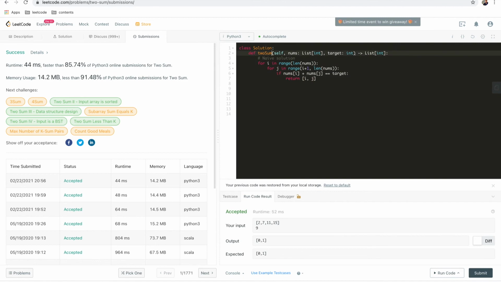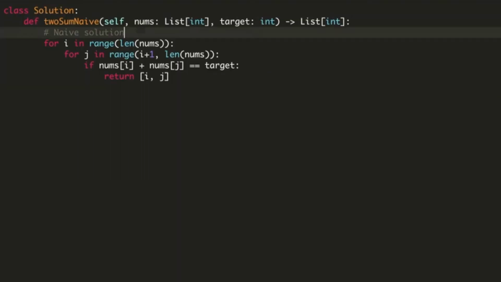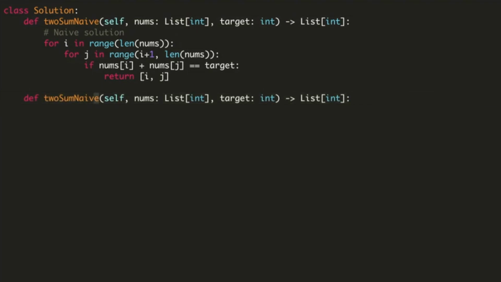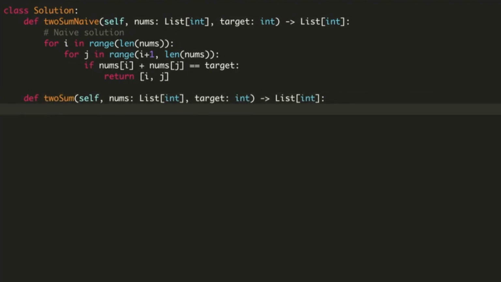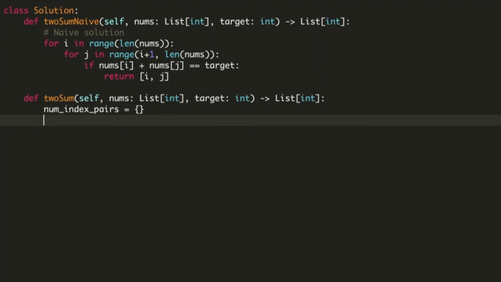I'm going to change the function name, and then let's code up the optimized solution here. For the optimized solution, remember that we have a map. So we're going to have num index pairs, which is Python's hash map, a dictionary. And now we are just going to have for i in range length of